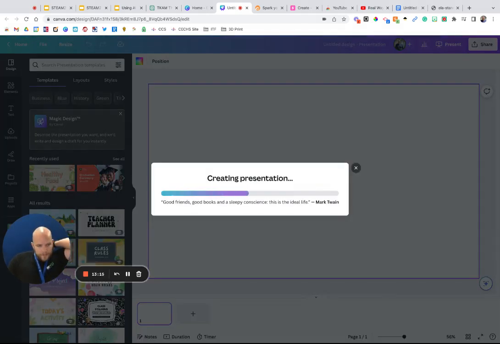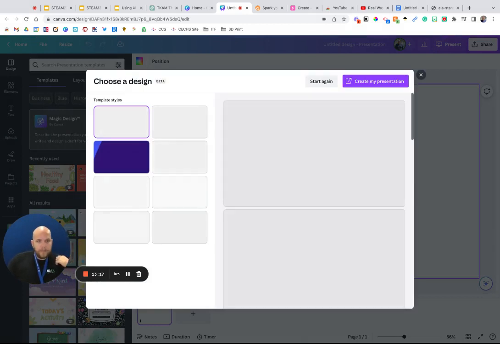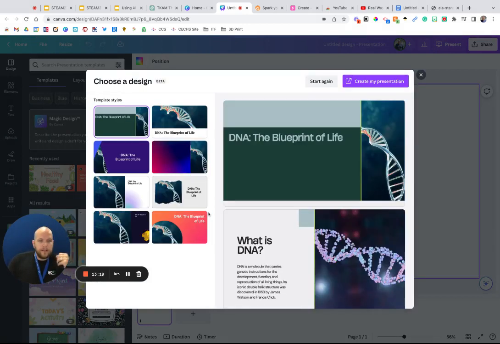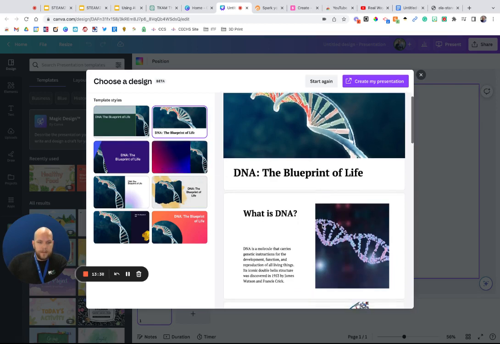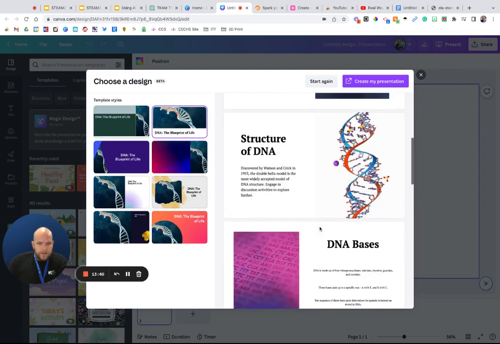We're going to create our presentation. And the great thing is it gives you options. And so it's going to use AI. I think it actually connects with ChatGPT, but you get 8 options here with multiple slides. So all these have 9 slides, and they're kind of variations of the same thing. Most of them use the same picture, but you'll see what we can do here. But it does include information.